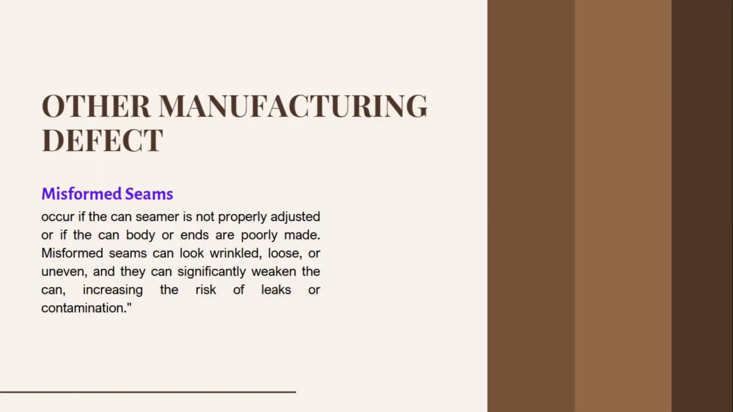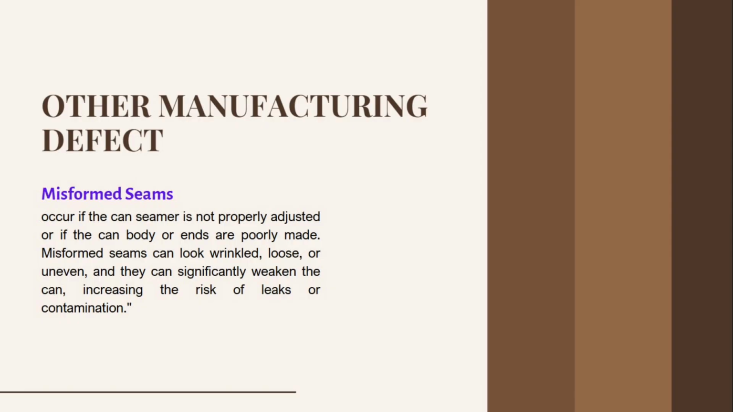And then we have the other manufacturing defects. An example of this is misformed seams. These occur if the can seamer is not properly adjusted or if the can body or ends are poorly made. Misformed seams can look wrinkled, loose, or uneven, and they can significantly weaken the can, increasing the risk of